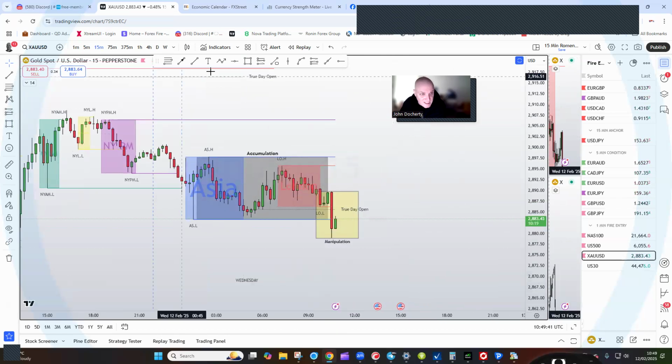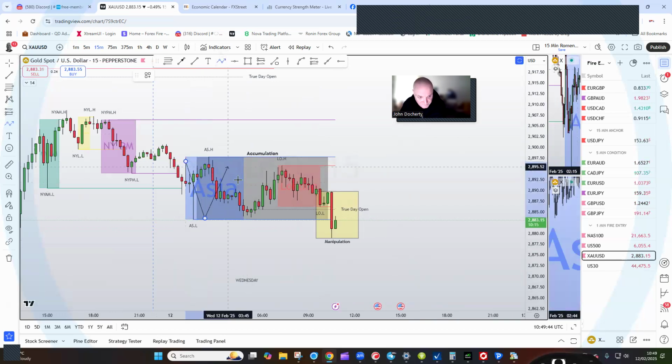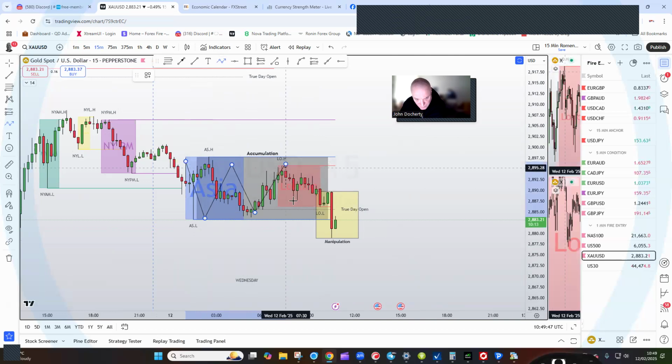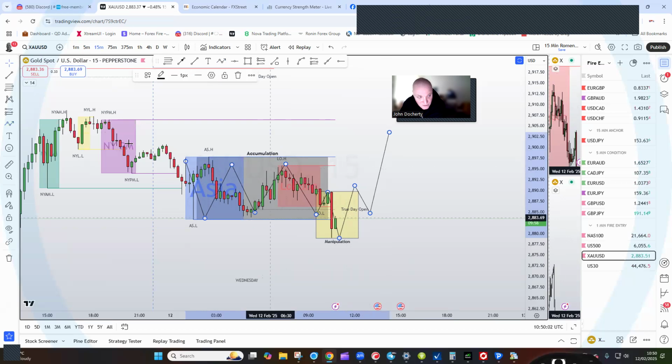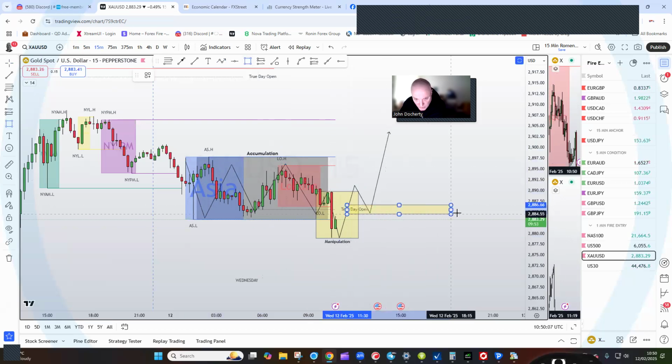Okay, what do we expect from an aspect of the model? Well, again, we've got an accumulated price, and we're manipulating the breakout here. We do want to see price come back and do a market structure shift of some sort, possibly coming into an FVG that could be made. So again, it's not to say the FVG is going to be exactly here, but we are anticipating a market structure shift